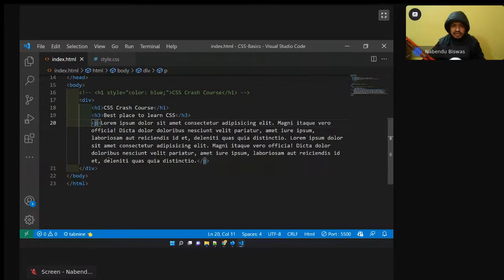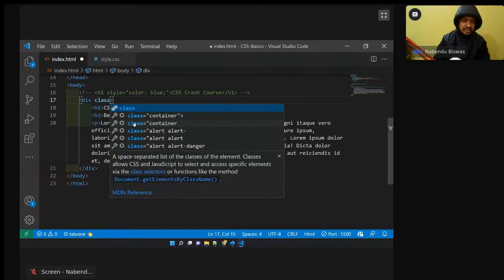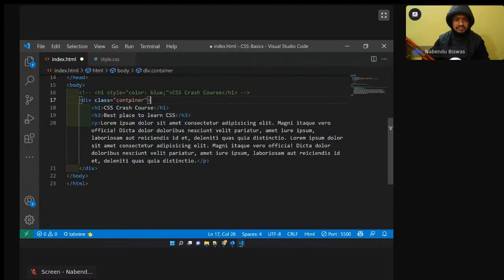So there can be 10 h1 in the file. So I want to change the style for 1 h1, so I can give it. So classes and IDs are a bit different in how they work. So the first thing which we are going to do is this div. I will make it class equal to container,